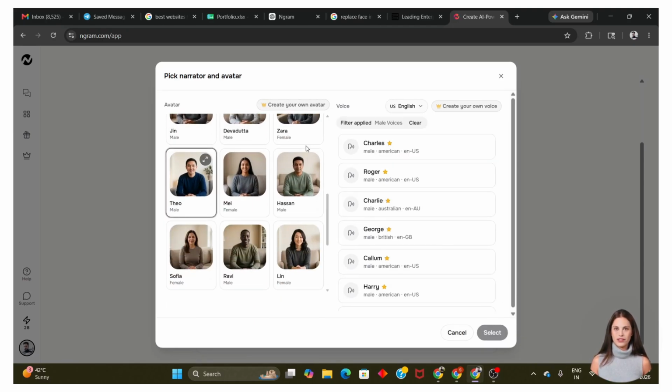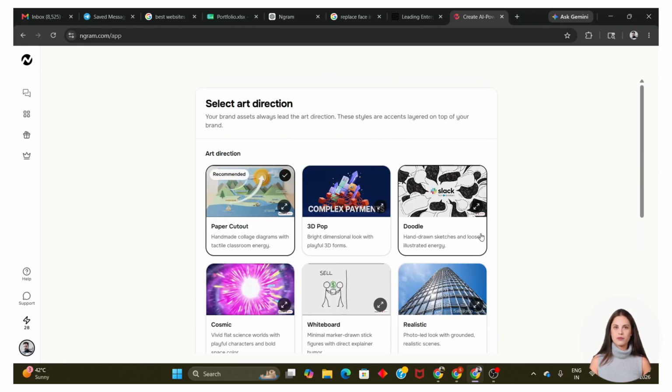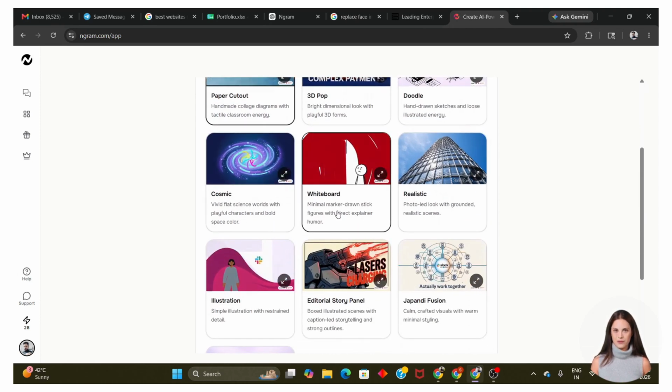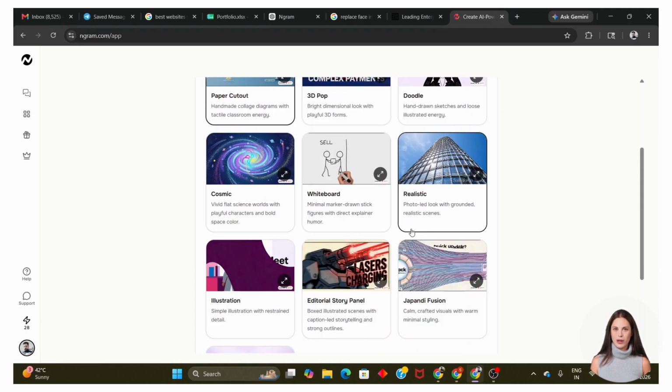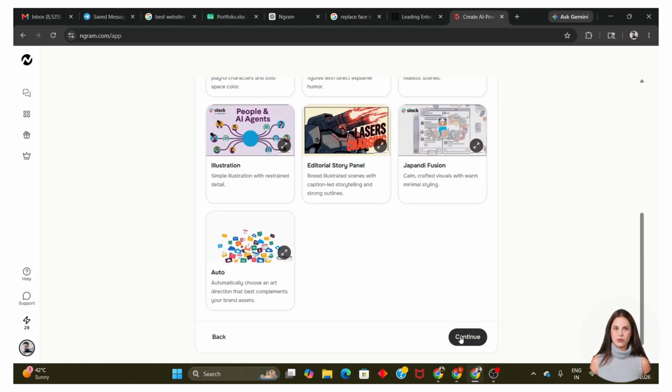Now select a voice. From warm and conversational to authoritative and bold, there's a perfect match for any brand voice in over 100 languages. Setting the art style ensures total visual consistency. Ngram offers various presets to make your video look professional and on-brand immediately, without any design skills. Whether you want a corporate, polished look or something more vibrant for social media marketing, the choice is yours and